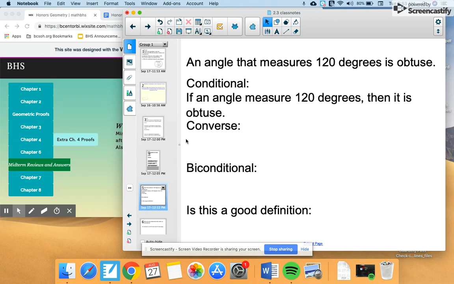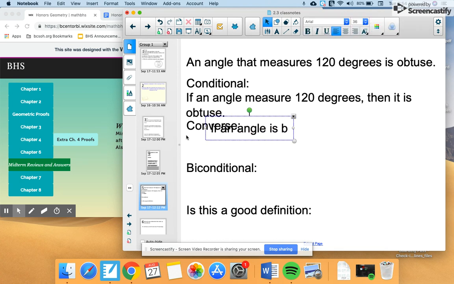So again, is that a true statement? Yes. If it has 120 degrees, then it is an obtuse angle because it's greater than 90. So let's look at the converse. The converse, we're going to flip the conclusion and the hypothesis. So if an angle is obtuse, then it measures